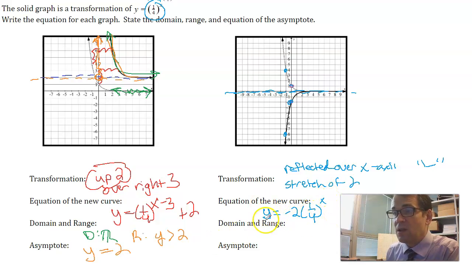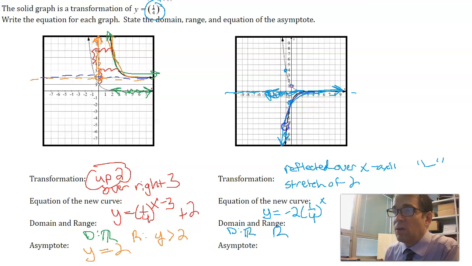So that's my equation. The domain of this new black curve, if I go to the left, it keeps going. If I go to the right, there's an arrow, it just keeps going to the right. It goes to the right forever, it goes to the left forever. The domain is all real numbers. The range,